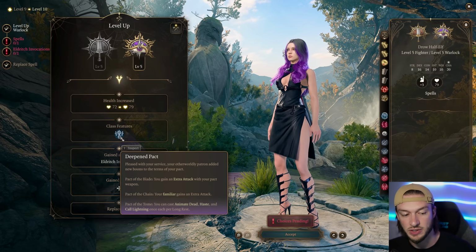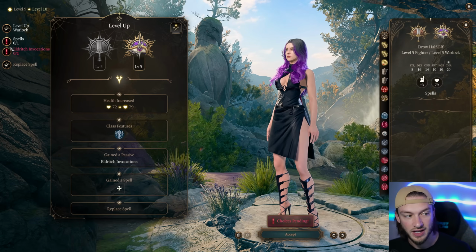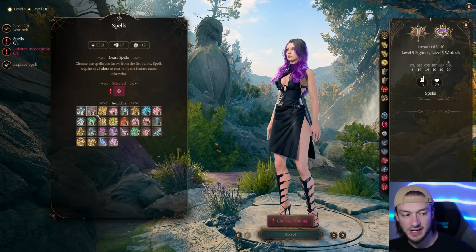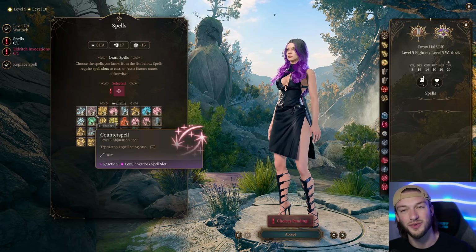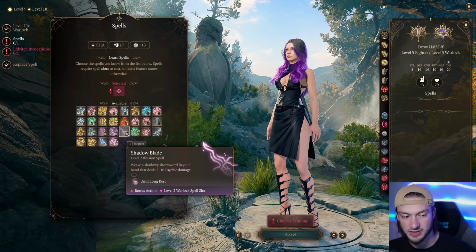And here at level 10 is when we get the extra attack. Normally the Eldritch Knight would get it at level 11, so this is a bit quicker. Really nice to have that. And we get access to some really good spells. Counterspell is good, but we can only use 2 of our Warlock spell slots on it. Same thing with Hunger of Hadar. It's good, but not as good as taking